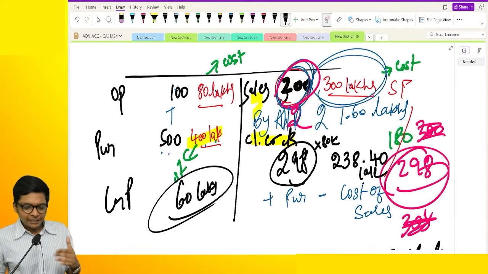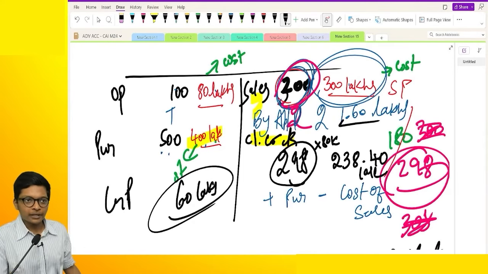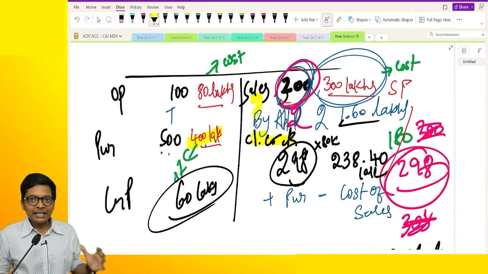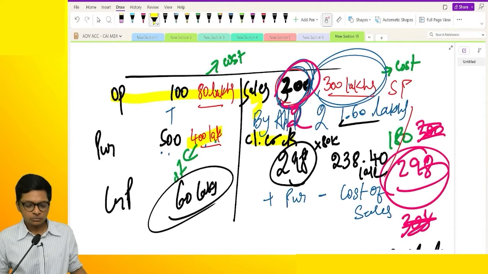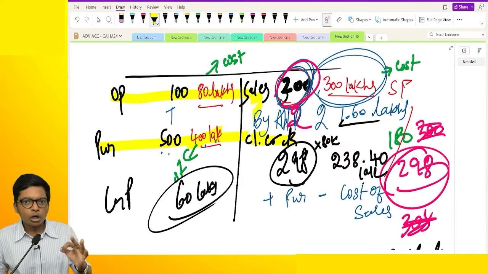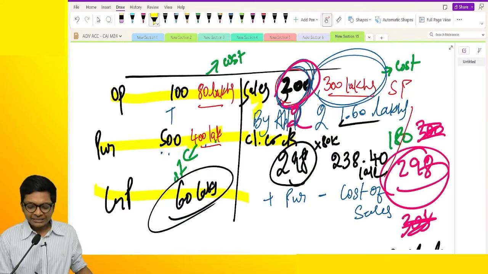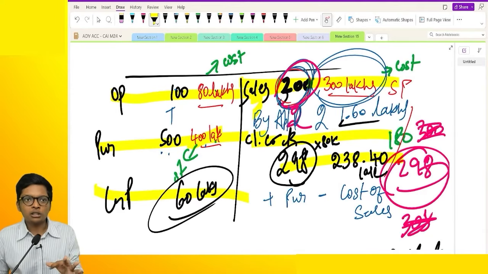$40. Just reduce from 240, 1.6. This is multiplying. Okay. Fine, guys. Are you following? Are you getting it, guys? So, my final conclusion is, in the trading account, what all can come? Opening stock will come at cost. Purchase will come at cost. Gross profit will come at profit on sales. Sales will generally be at selling price. Closing stock will be at cost. Sometimes we can also find